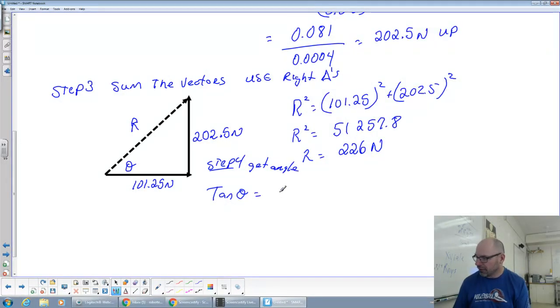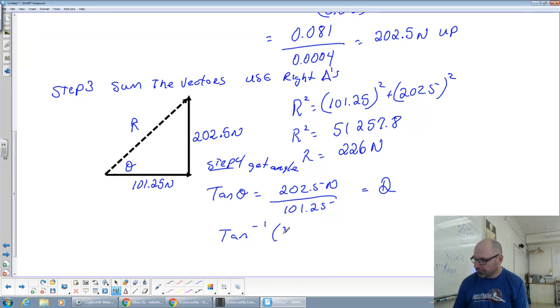Okay, that's going to be opposite over adjacent. So that's going to be 2. So inverse tan of 2 equals theta. So we take out our thing, go second function tan to get the inverse tan of 2. We get 63.4, we'll say 63. So that 63 degrees gives us